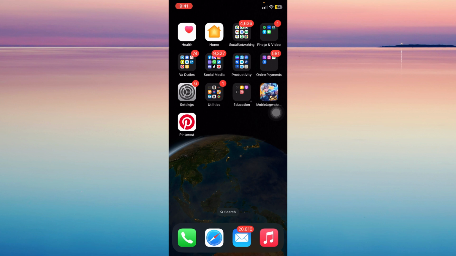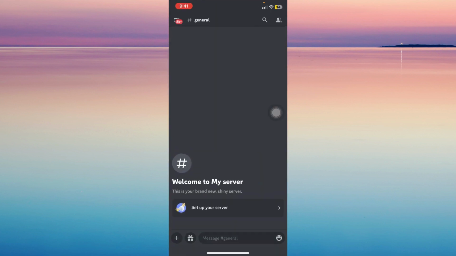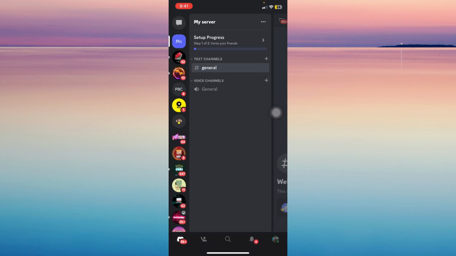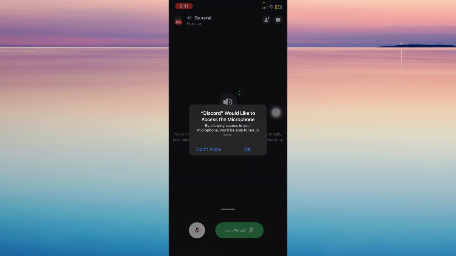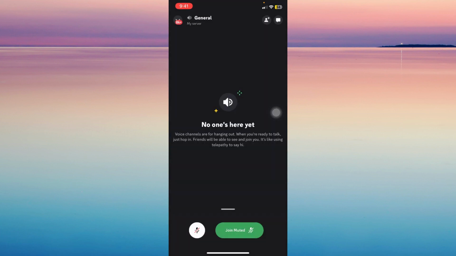The first step is opening Discord. You must have a server to complete this tutorial. So, the first thing you have to do is make sure that you have a music channel, which is this. The music channel is where you can talk to people and listen to music, but how do you actually listen